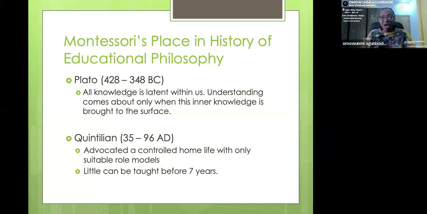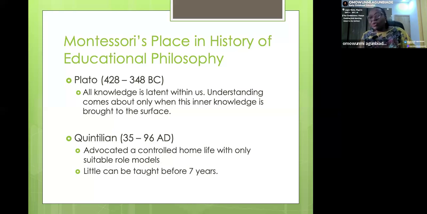So what we want to run through now, I'm not going to spend too much time here because the core of the philosophy is Maria Montessori's, and everything in the Maria Montessori method is inclusive of all these other educational philosophers. So if you want to know more about them, that's why I have all these details on the slide for us. You can go later on your own to just read more about them, find out what their philosophy was around education. So I will just be running through these philosophers. So the first one we have here is Plato.